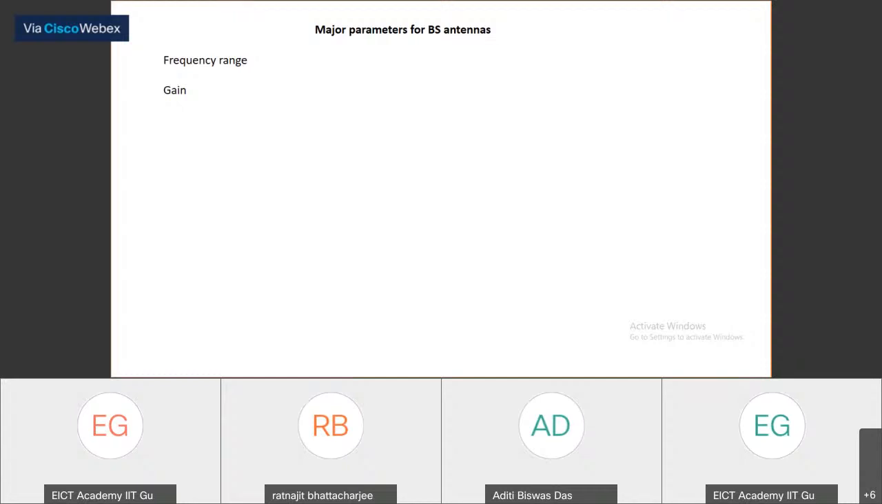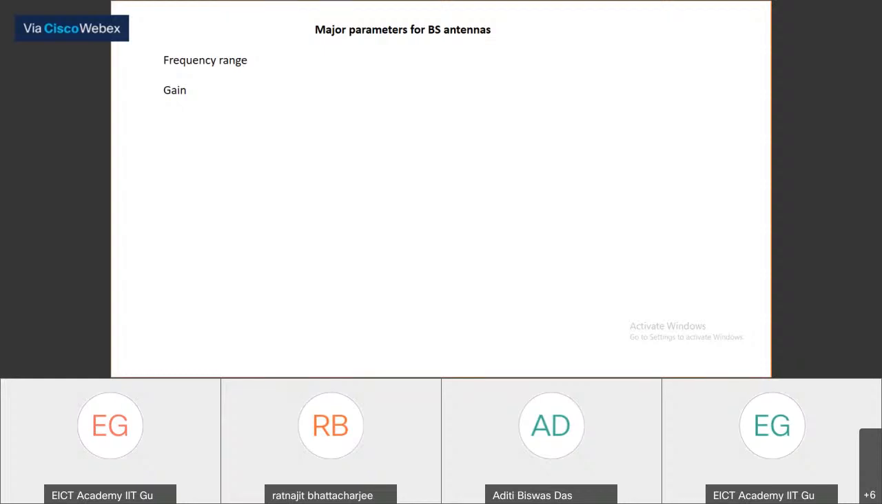I repeat, it is the power radiated per unit solid angle divided by the average power radiated per unit solid angle. So suppose your antenna radiates a power PR. If it is radiated uniformly in all directions, the total solid angle around any point is 4 pi, so it will be PR by 4 pi. So the denominator term is PR by 4 pi. And